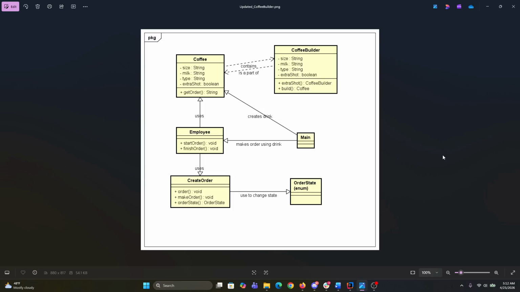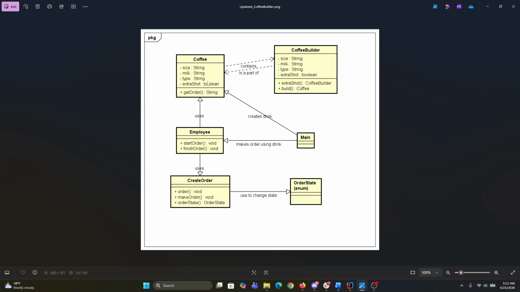The code needed to be simple. There wouldn't be too much code. It's just going to be two classes, and one is a nested class, and we're going to have two constructors, not too many constructors, not many setters at all. All we're changing is the extra shot. As you can see over here, I decided to make things very simple, and because of the simplicity, I thought builder pattern was perfect